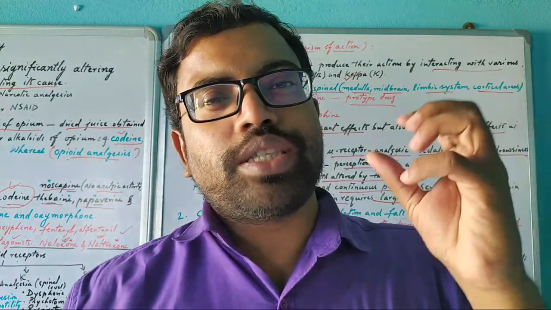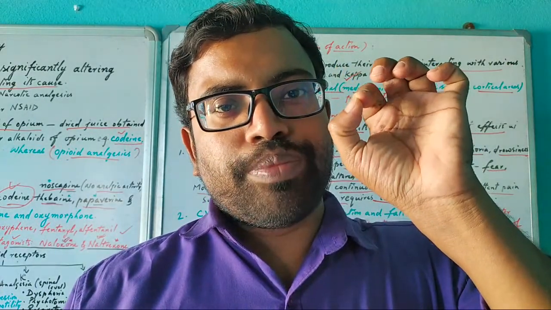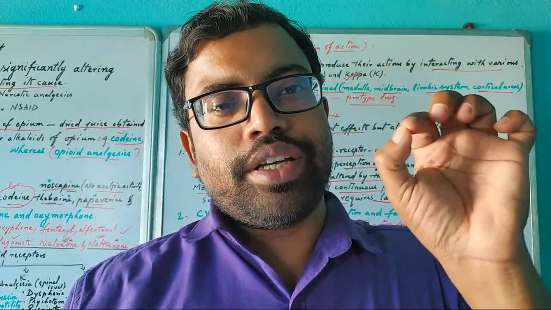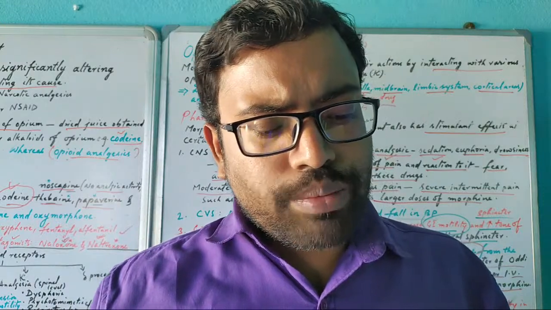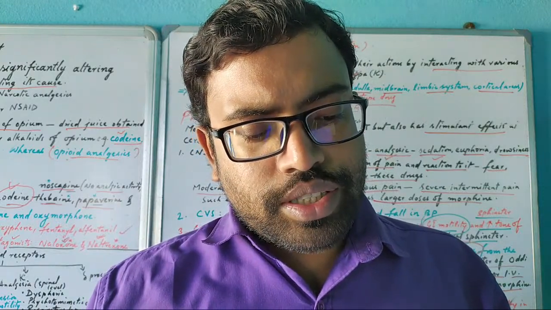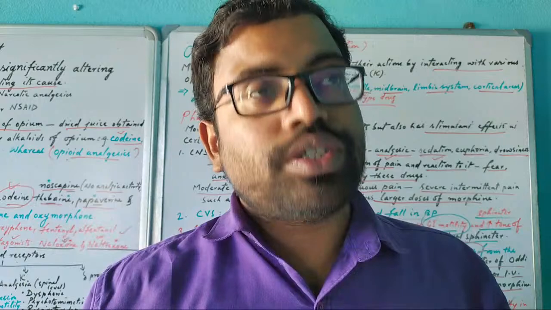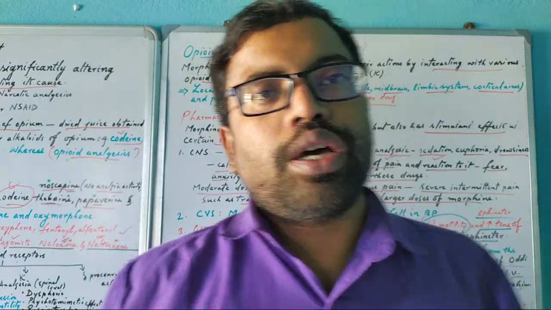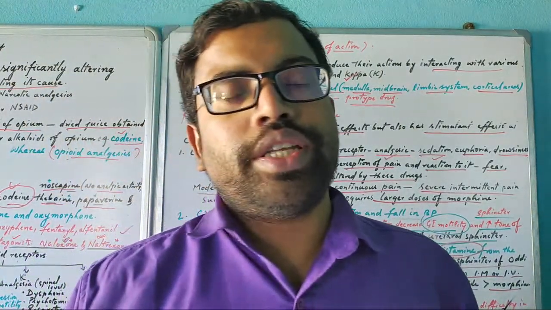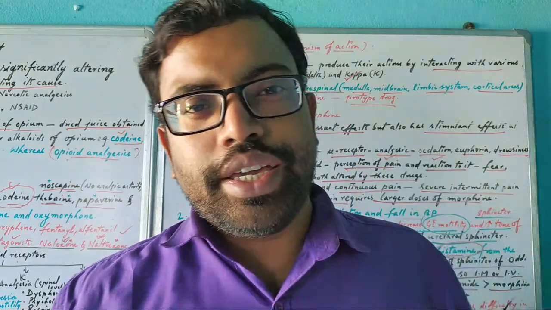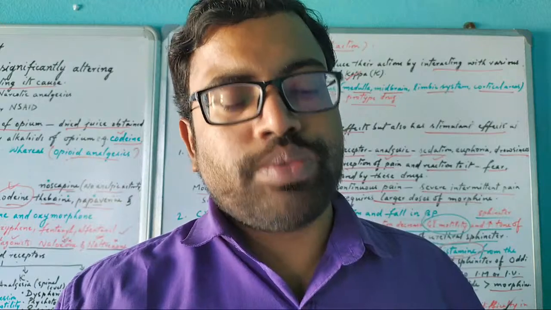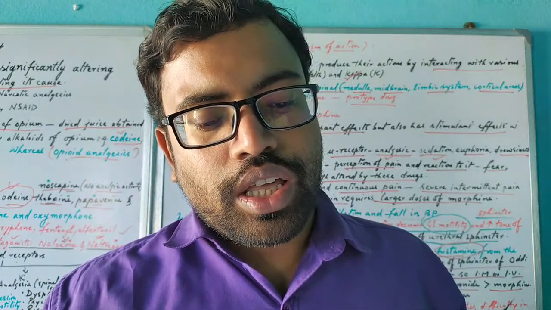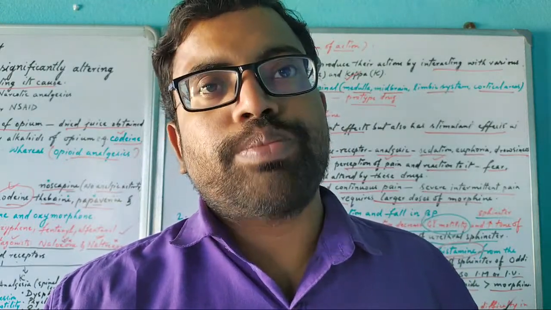meaning your pupil size will be very small, pin-like, and it will also cause coma. The symptoms are cyanosis, meaning it will cause a bluish or grayish color on the nails, beside the eyes, or on the skin. So these are the symptoms, and shock and convulsions will come. Death will usually occur due to respiratory depression.